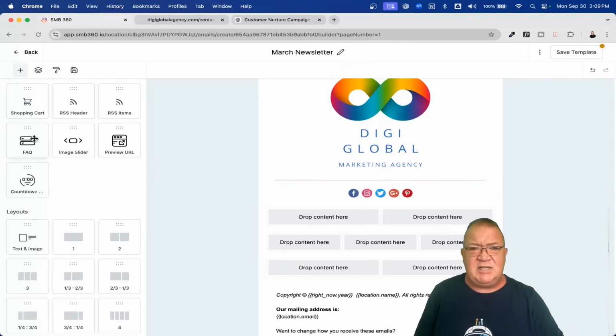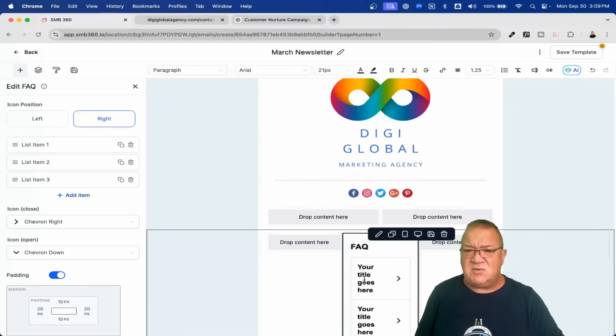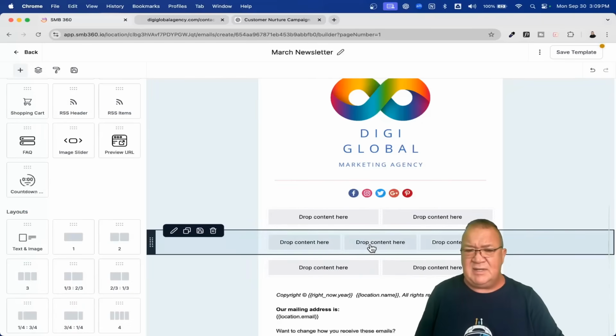If you wanted to, let's just say you want to come here and add an FAQ. You can come and drag that right in this particular area. And notice that it fits right within this little 3-column area here. Now, I'm not going to save this. I'm going to click on delete, but you can see using these tools and elements, you can quickly build a